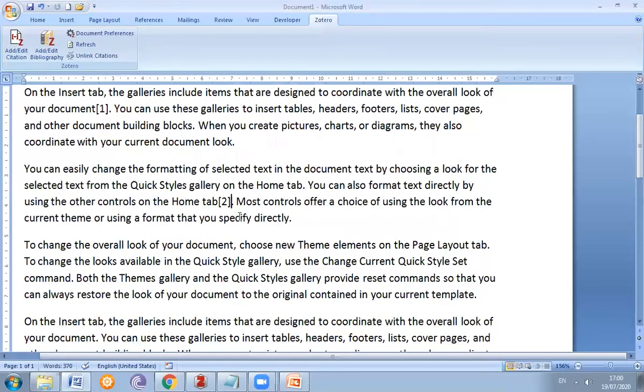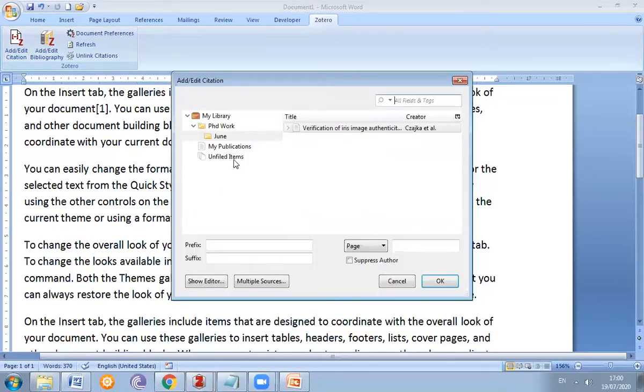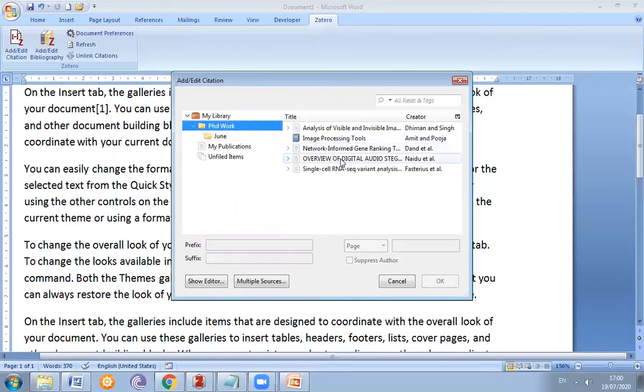Now if we want to add more, how can we add more? Click and place our cursor, and then once we add it, in this classic view we click on classic view and we add another item. Here we add this item.